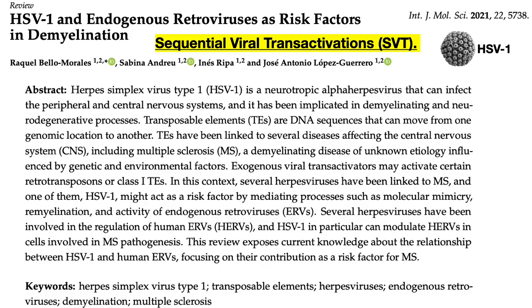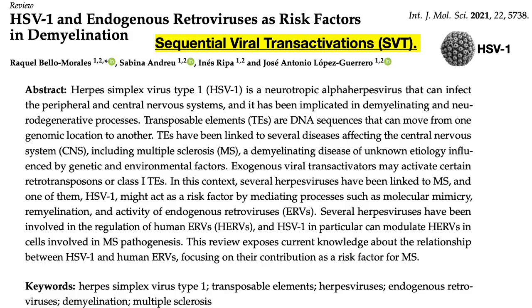Endogenous viral transactivators may activate certain retrotransposons or class I transposable elements. In this context, several herpes viruses have been linked to multiple sclerosis, and one of them, HSV1, herpes simplex virus 1, might act as a risk factor by mediating processes such as molecular mimicry, remyelination, and activity of endogenous retroviruses. Several herpes viruses have been involved in the regulation of HERVs, and HSV1 in particular can modulate HERVs in cells involved in multiple sclerosis pathogenesis. This review exposes current knowledge about the relationship between HSV1 and human endogenous retroviruses, focusing on their contribution as a